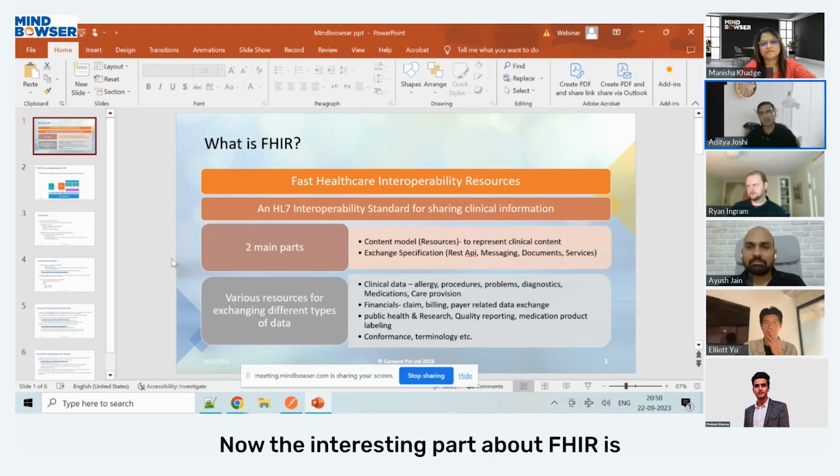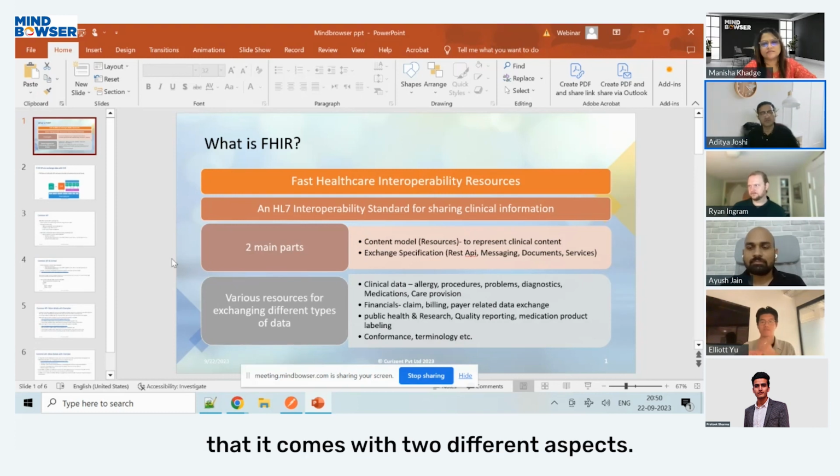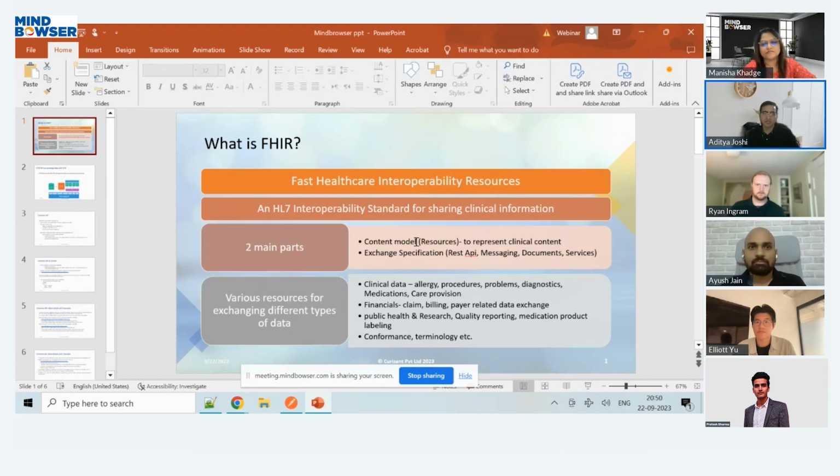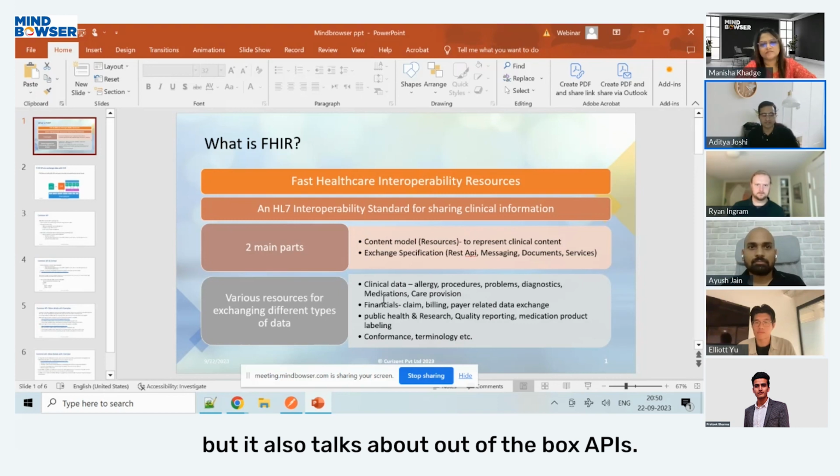Now the interesting part about FHIR is that it comes with two different aspects. One, it gives you the content model. That means you have the standard format, but it also talks about out-of-the-box APIs. That means how two systems, like Ayush mentioned, are going to interact with each other